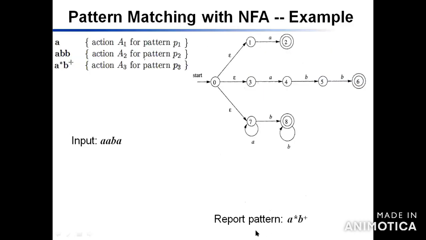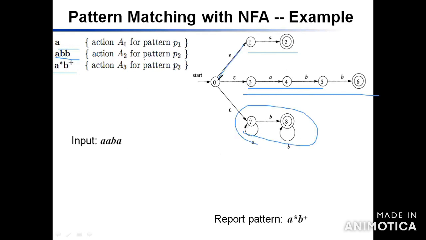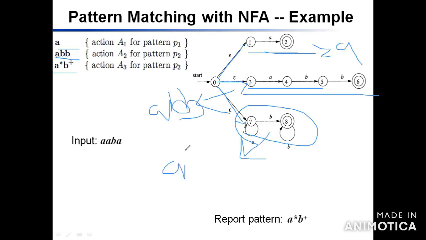In that algorithm we have three inputs: one input is a, another one is abb, the third one is a star b plus. Based on the problem, you have to draw the given diagram. After that, you have to merge these three input symbols. One is for input symbol a, this is for input symbol abb, and this is for the third input symbol a star b plus. After that you have to join these three.